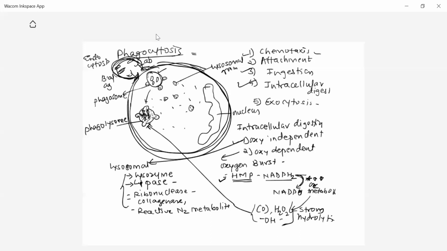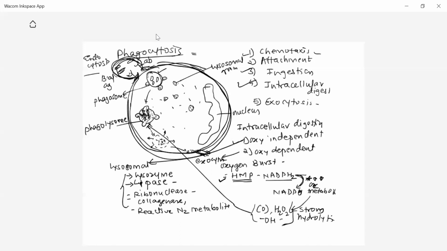All this antigen is digested, and some of the essential portions from the digested antigen, this bacteria, which may include nucleic acid, nucleic acid components, and some essential proteins, are absorbed by the cell. The undigested material, the remaining material, is removed from the cell by the process of exocytosis. That is called exocytosis. Just as the cell forms pseudopodia for engulfment and takes in the antigen, similarly by forming pseudopodia the undigested material is removed from the cell.